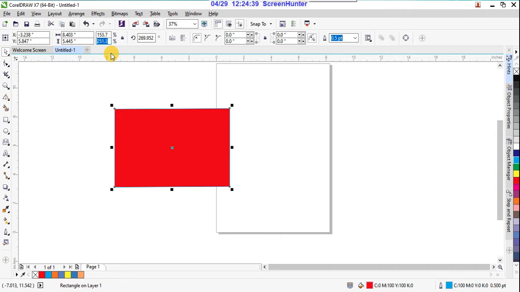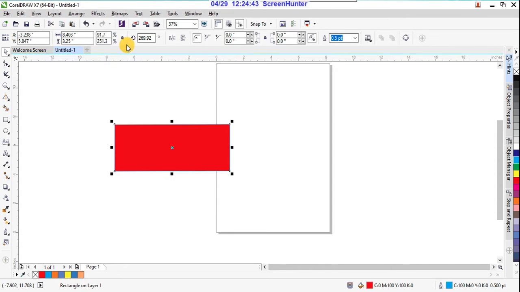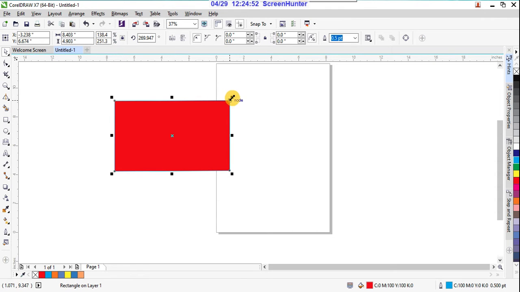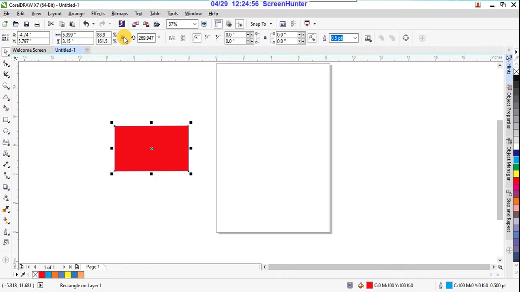Yeah, it is taking proportionately actually. So according to this, the top value it is taking, right? You can fix that value, you can change that. Right, here it is the angle of rotation. So give the rotation. Suppose here I'm giving 80 degrees. You can undo the change with Control Z.